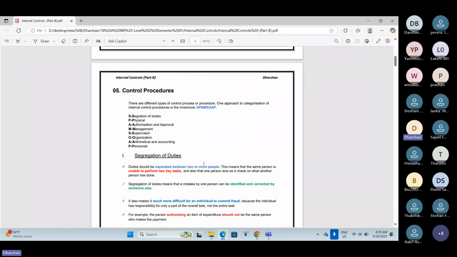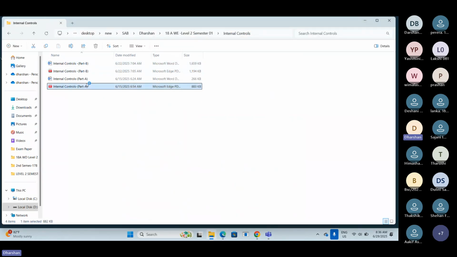With that, we will conclude today's session. This is today's plan. So quickly we will go through what we have discussed up to now